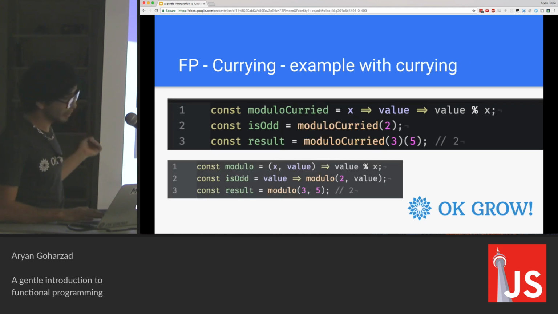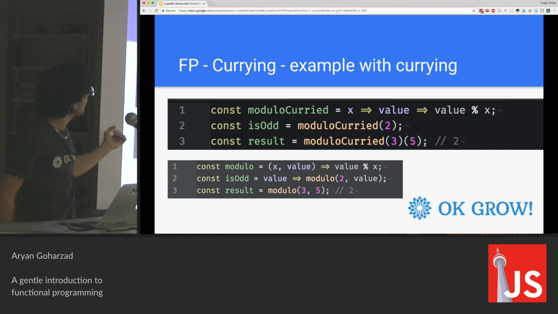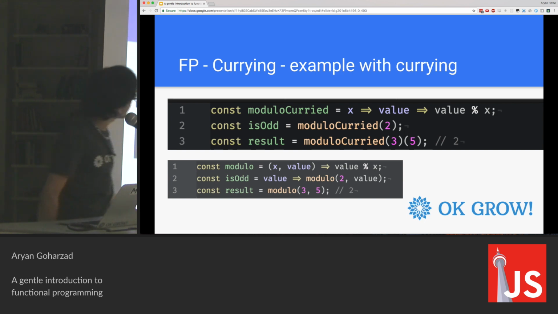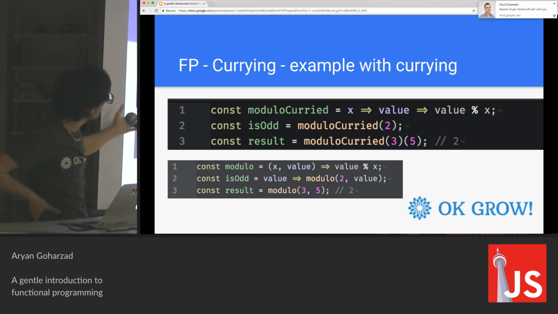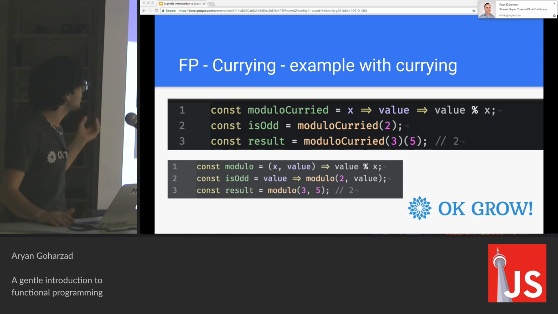So here's the same example, but with currying. So how do I know that? Because each function on line 1 is taking only 1 parameter. And then I can make an is-odd function much easier than the previous method. And this gets more beneficial when you have more complicated and more input values. So in general, currying makes code more readable, and it gives you a library of little functions to use all around your app.